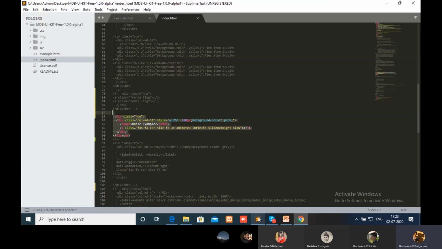This is the basic example of animation. Here you see the vehicle is moving, and I will give another example.